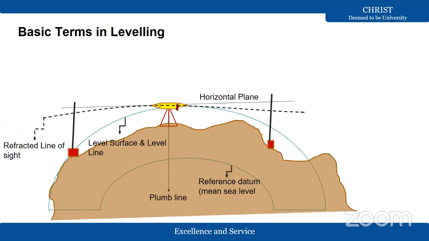Whenever we have instrumental measurements like optics, the light ray we assume is a straight line, but it will not be a straight line due to atmospheric refraction as well as Earth's curvature. Earth's curvature is curvilinear, and the light ray is going to bend a little bit for long sides. So the refracted ray will be the dotted line. But in optics, we assume the line of sight will be horizontal, so we need to make the necessary corrections while observing.